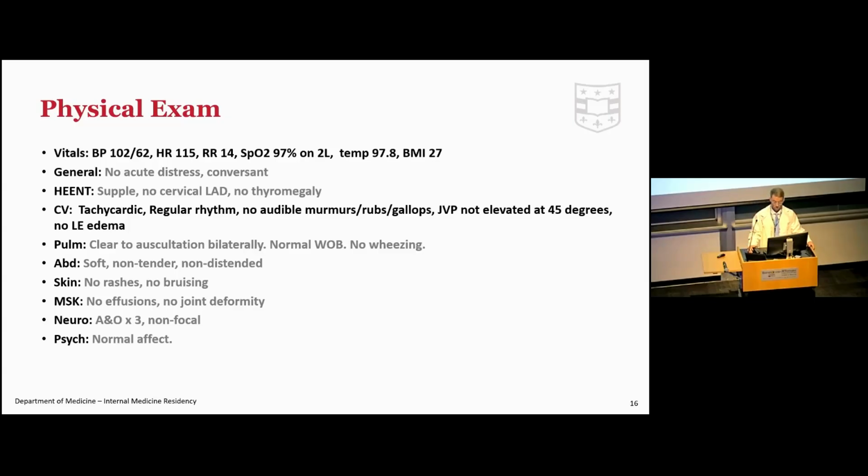Having a normal one, though, really tells us that she has a normal pressure in the right side of her heart. And so if she's in heart failure, she would be low cardiac output, but that's not really on the top of our differential. We're looking for signs of chest pain.